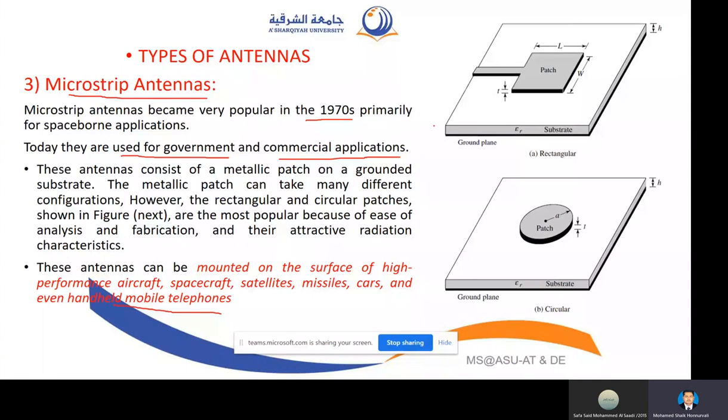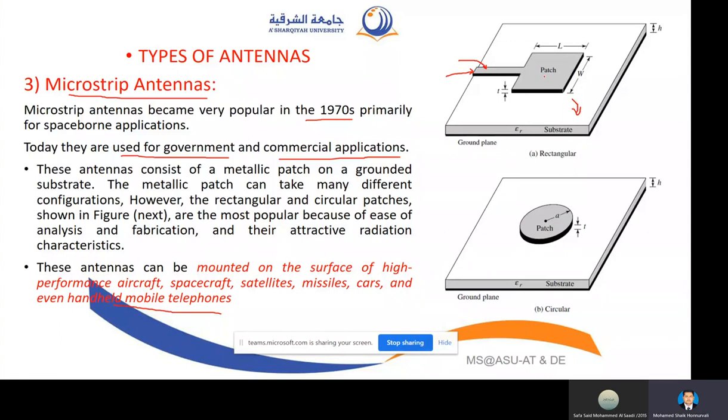So how are they built? Basically, there will be one dielectric substrate, as you can see in this figure. This white color is the substrate. On this substrate, you will introduce one metallic patch. Okay, the length and width are again design specifications. We will see in detail when we go to the chapter. So when you introduce this metallic patch on it and you supply the voltage signal, that is the electrical signal, you can see the electromagnetic waves radiated around this patch.